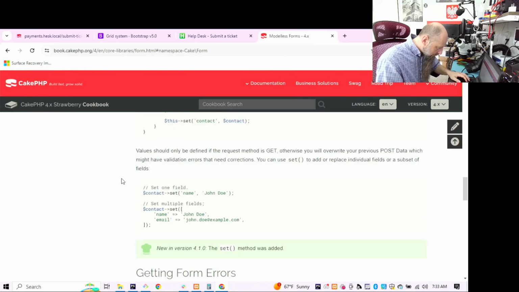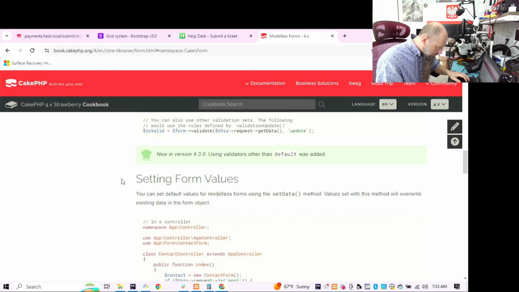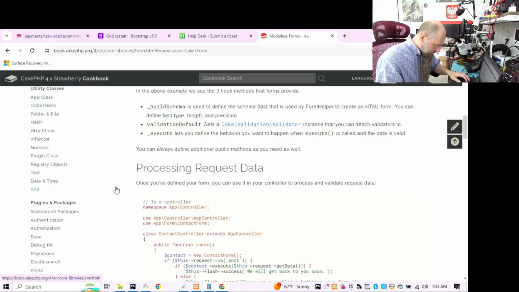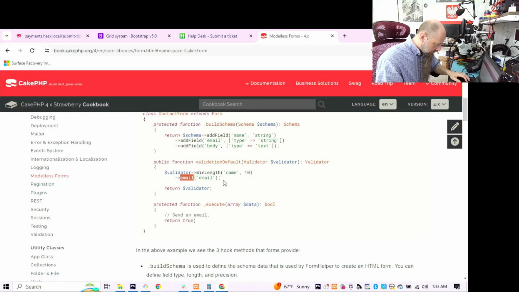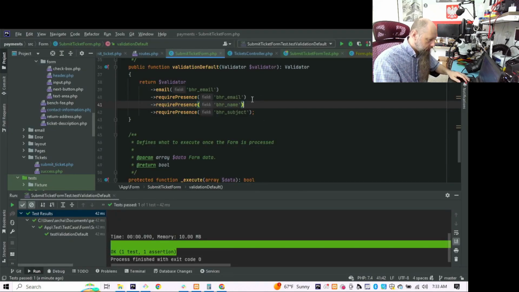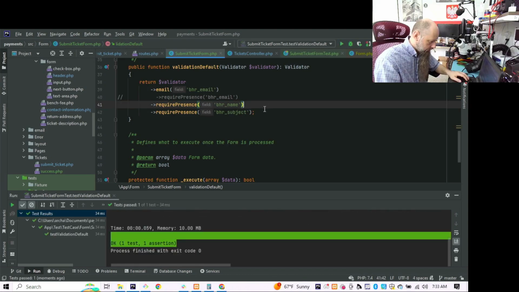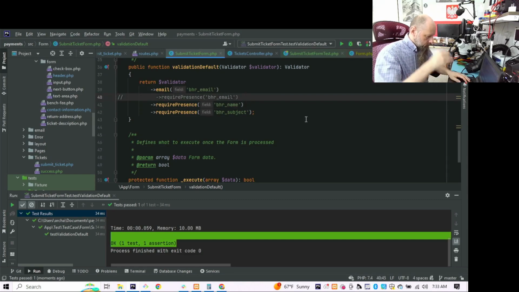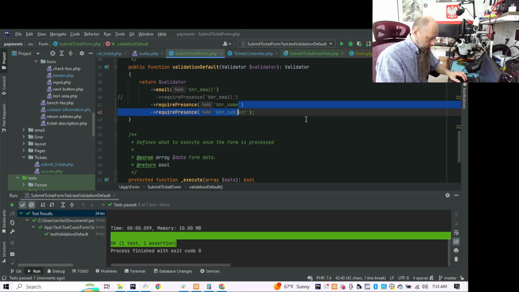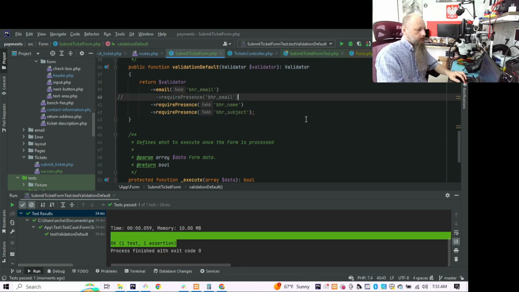what was the example validation over here? Request data. Yeah, so they just did minimum length and email. But in this case, if we don't have this, it still passes because it requires presence on the other ones. But basically, if we don't have this, then the email,